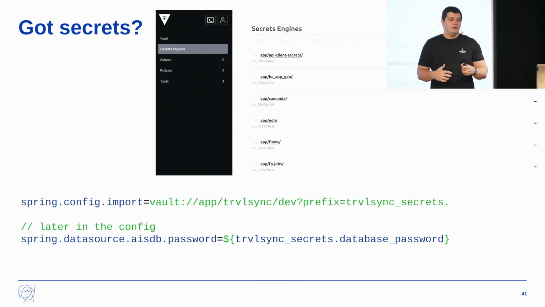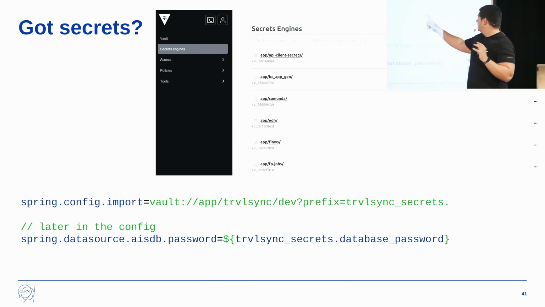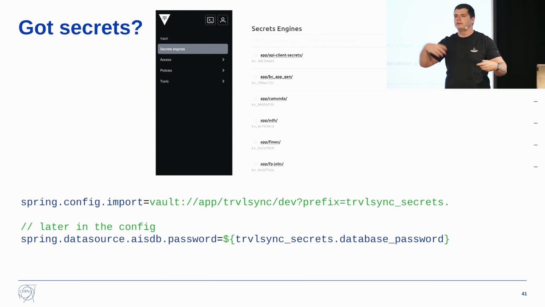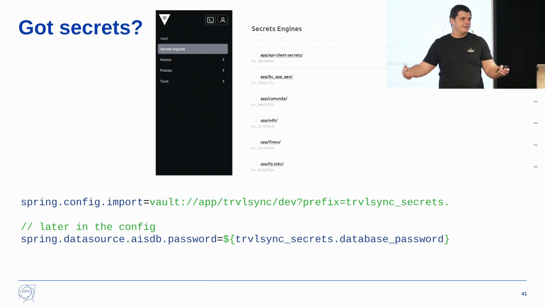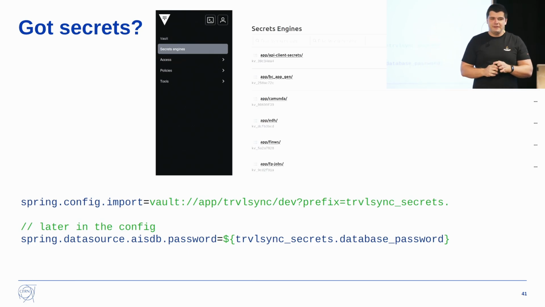So we use Vault from HashiCorp. It's quite nice because then you can say, I want all the things from travel sync to be put into this prefix over here, and then you can use them as simple Spring Boot variables. In case of Spring Boot, you can use it in Quarkus and other things as well. And if you need to change the password, awesome. You just change the password, you restart your service, and voila, it's done. Because it's going to pick up the new password from the remote Vault, right? And you should definitely think about doing that